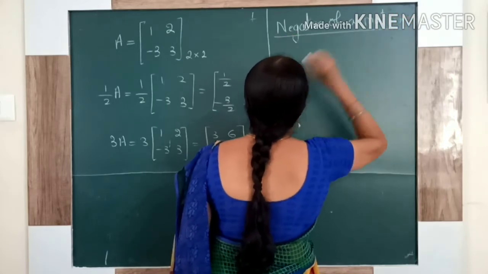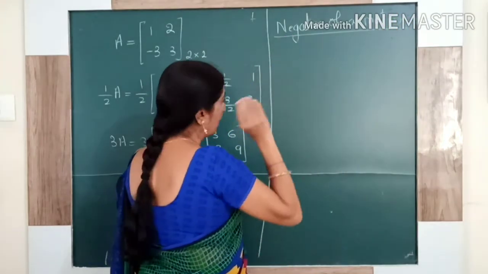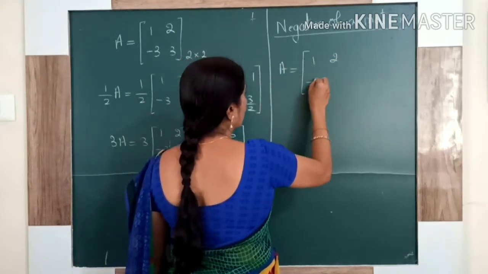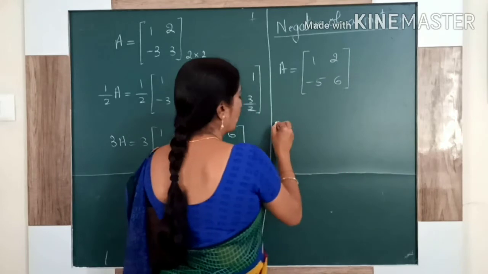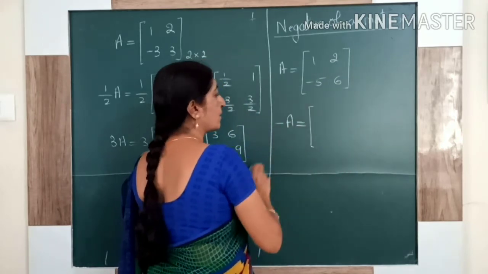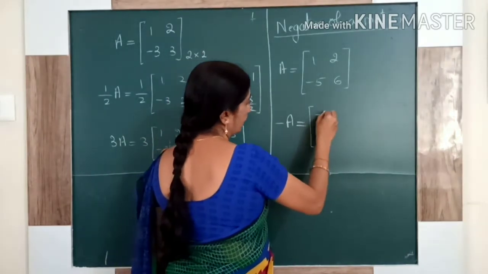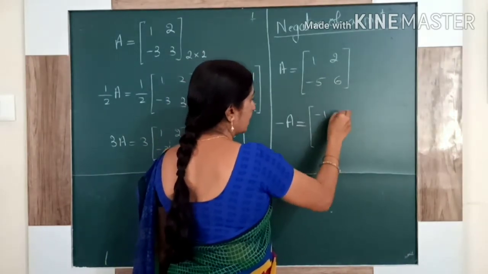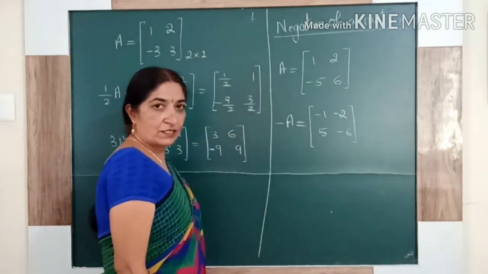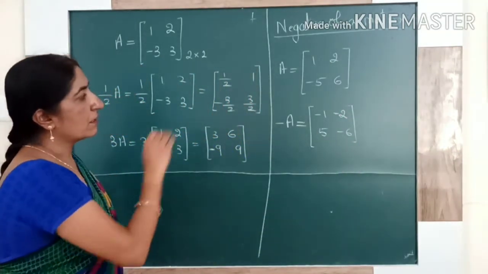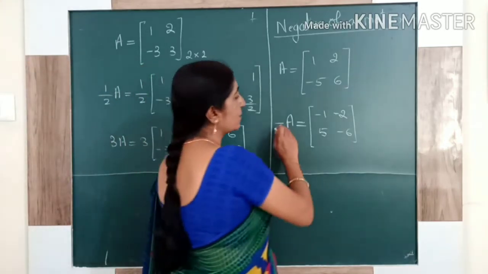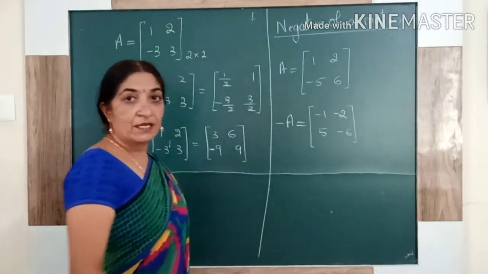What is the negative of a matrix? First I will give the example. A is equal to, if you want a negative of a matrix, it means nothing but each element is multiplied with minus. If it is already minus, it changes to plus. Is it clear, student? So very simple it is. One matrix is given. If you want a negative of that matrix, just multiply each element by minus sign.